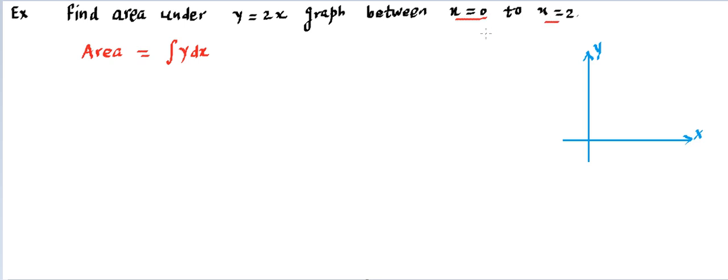They are basically indicating the limits. It has to run from 0 to 2. This is what we need to find. If we find this, it will be the same as the question that has been asked, that is the area under the graph between these 2 points. Now performing this is going to be easy, as we have understood the rules for integration. Now we will replace this y, whatever y is given to us, in terms of x, so it will become twice x and dx.